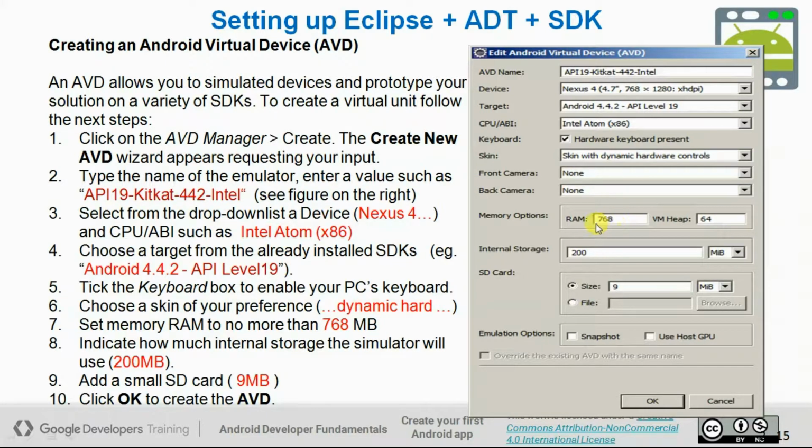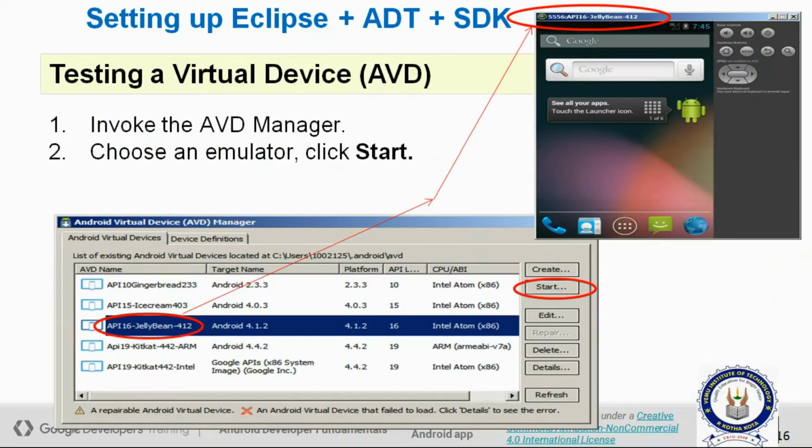The RAM minimum is given as 768 and heap size 64, internal storage maybe 200, like that. The SD card size like 9 MB is the minimum given in Eclipse. Click on OK. It automatically creates one AVD.